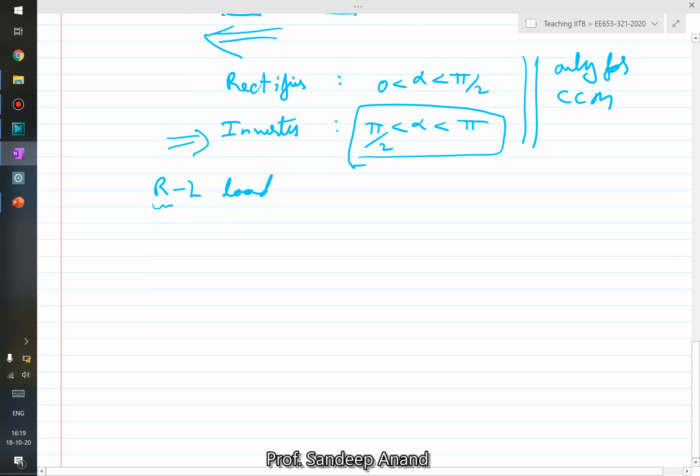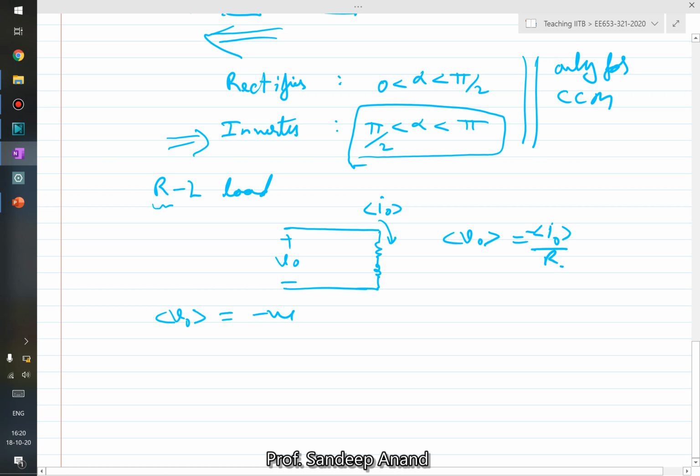So in this case, in terms of an RL load, let me draw the same circuit. This is R, this is L. And this is your output voltage, and now your output voltage value, the average value, is actually a negative value. If I write the equation and say this is average IO, I can write the average output current as average output voltage divided by R, because my IO is VO by R. Since VO value is negative,